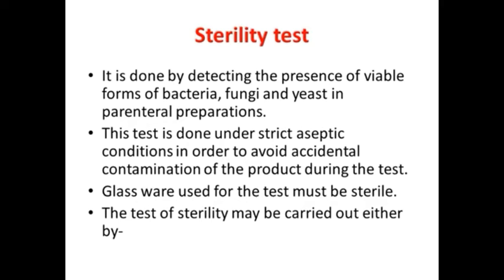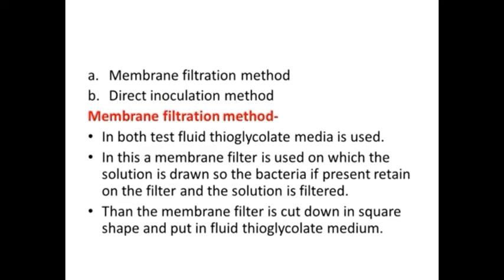Then next are suspending agents. Examples of suspending agents are methyl cellulose, polyethylene glycol 4000, PEG 4000, sodium carboxymethyl cellulose, acacia, gelatin, and polyvinyl pyrrolidone, that means PVP, etc. Also, sodium citrate prevents flocculation of the suspended particles. Next are chelating agents, like EDTA, that means edetate disodium, edetate calcium disodium and edetate tetrasodium. All the EDTA preparations are chelating agents.